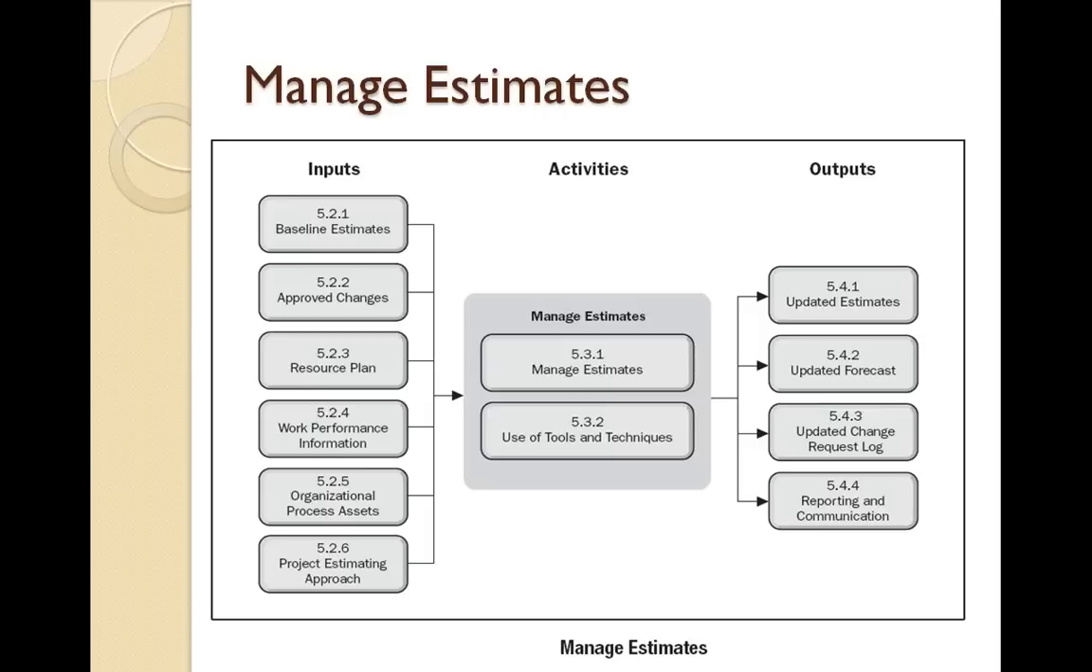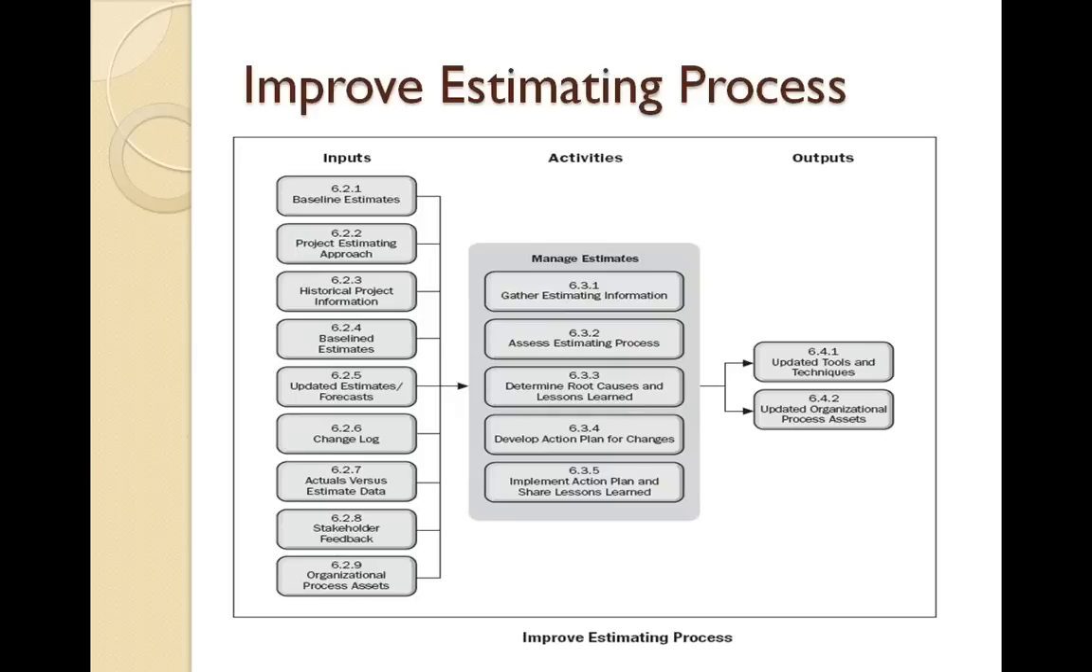Another phase which we sometimes do not follow in organizations, but which is a very important phase, is improving the estimation process. It is not only important that we estimate for a specific project and give our estimates to the customers, but we also try to improve our estimation process. So in this process, we look at our baseline estimates, our approach for estimations, our historical project data, and we also look at our forecasts and change versus actual data, stakeholder feedback,